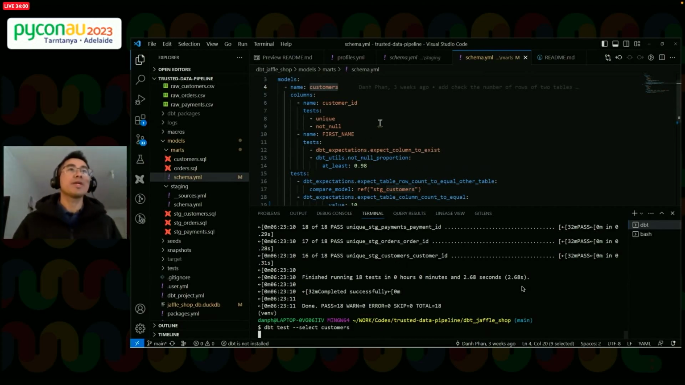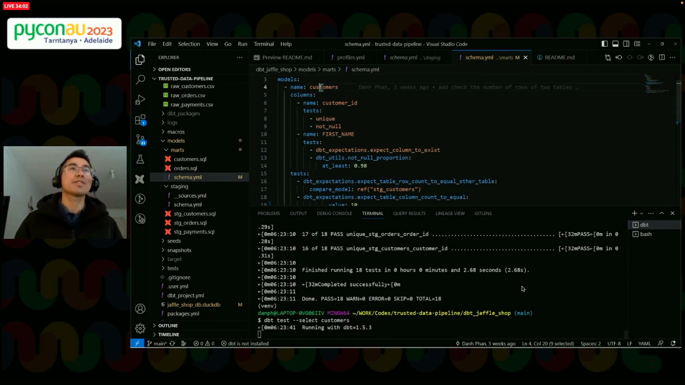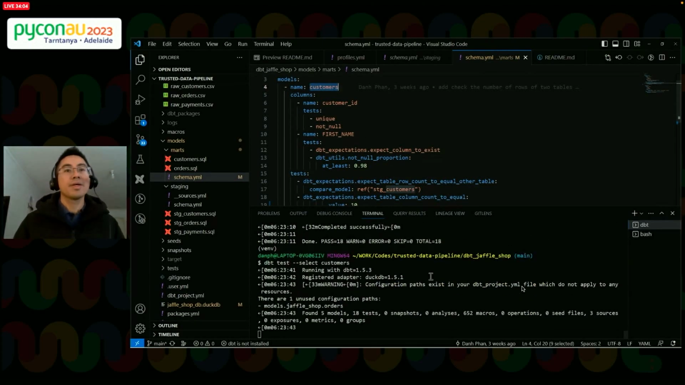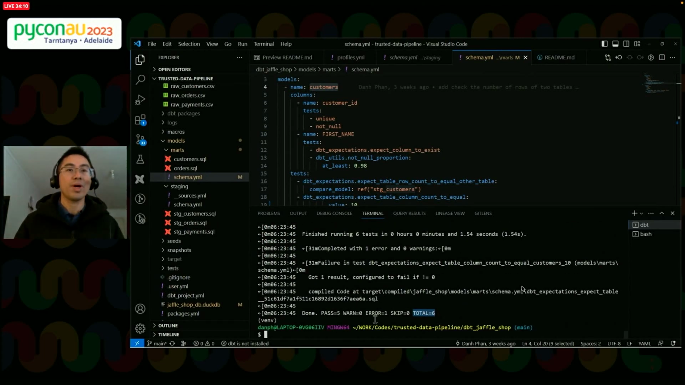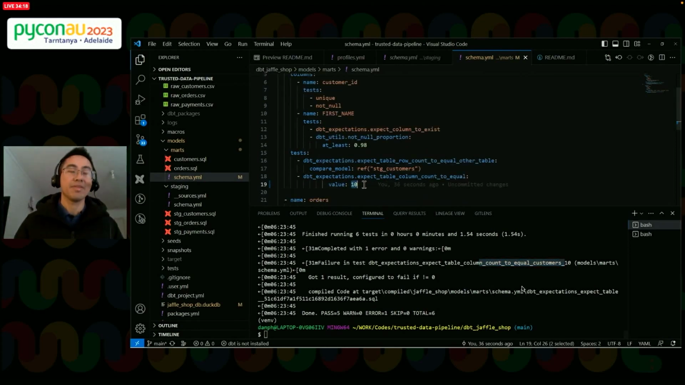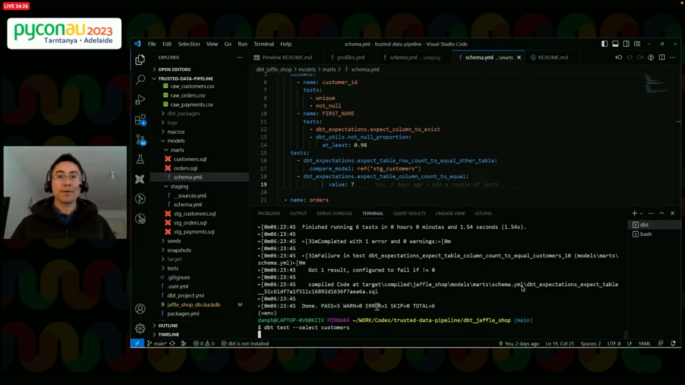it will run the test only for just the customer table, and you can see we have 6 tests, and we have one error here, which is the count equal 10 here, which is actually 7, right? So if I change it back to 7, and I run dbt test customer again,